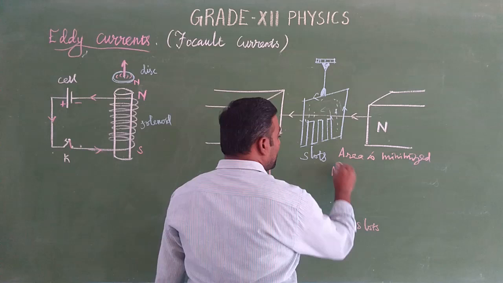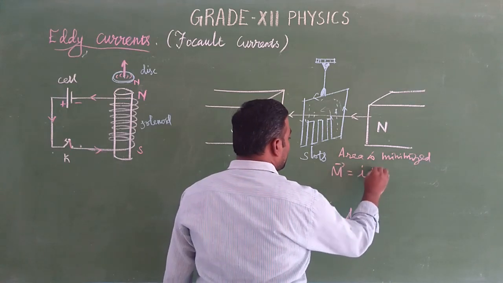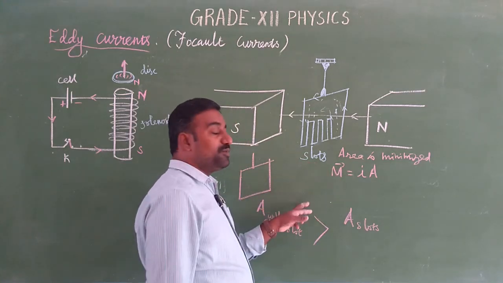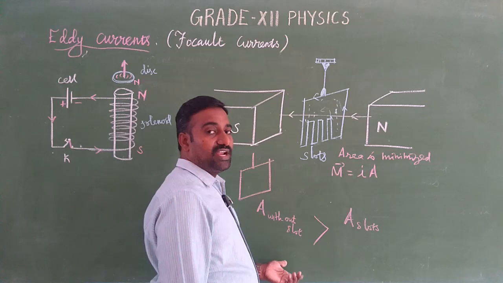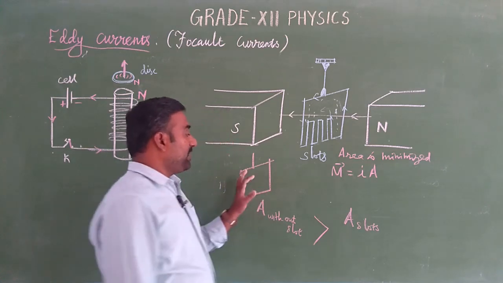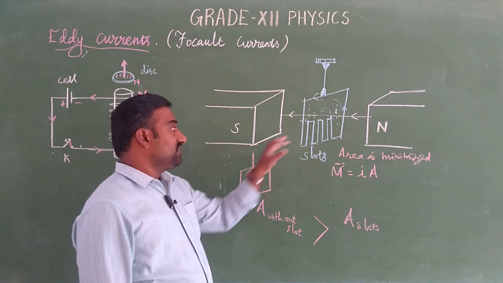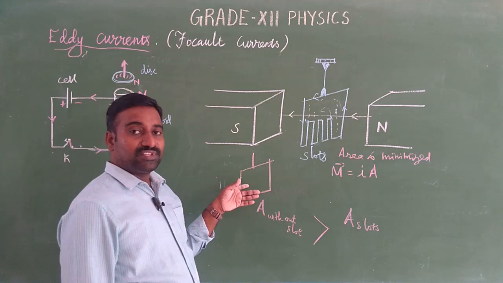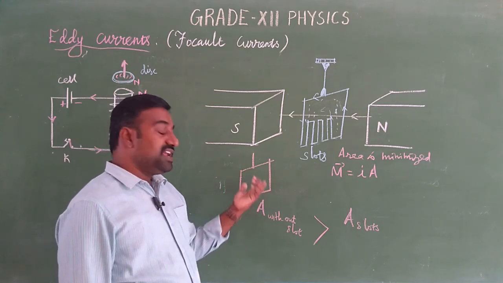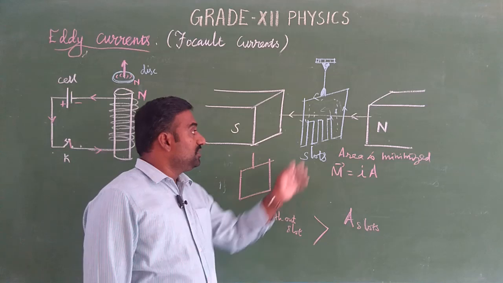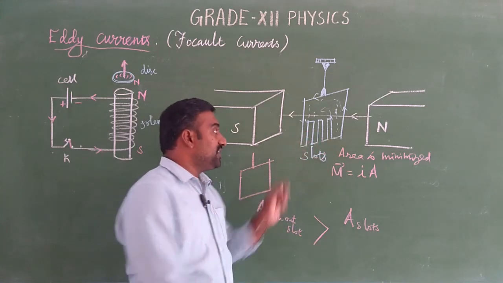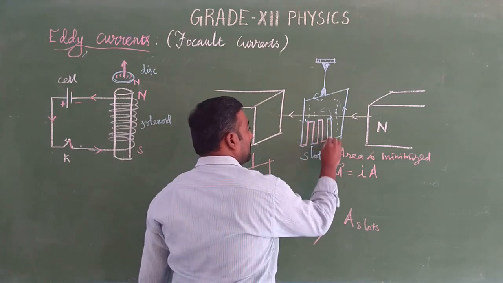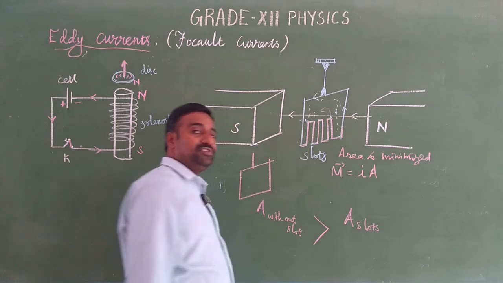Already நமக்கு magnetic dipole moment தெரியும், M is equal to NIA. So area reduce ஆச்சுன்னா magnetic moment reduce ஆகும். If magnetic moment reduces, then the induced eddy current also minimizes. So comparing the plates with the slots and without slots, the eddy current is less with the slots. ஏரியா அதிகமா இருந்தா eddy current அதிகமா இருக்கும், ஏரியா கம்மியா இருந்தா eddy current கம்மியா இருக்கும். அதனால தான் இத ஸ்லாட்ஸா பண்ணிருக்காங்க. சின்ன சின்ன ப்ளீட்ஸ், ஷார்ப்பா ரம்பம் மாதிரி ஸ்லாட்ஸா பண்ணிருக்காங்க. புரிஞ்சதுங்களா? ஓகே.